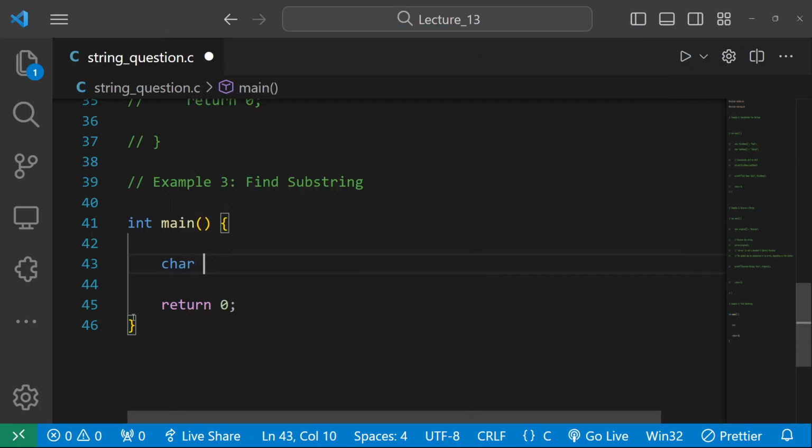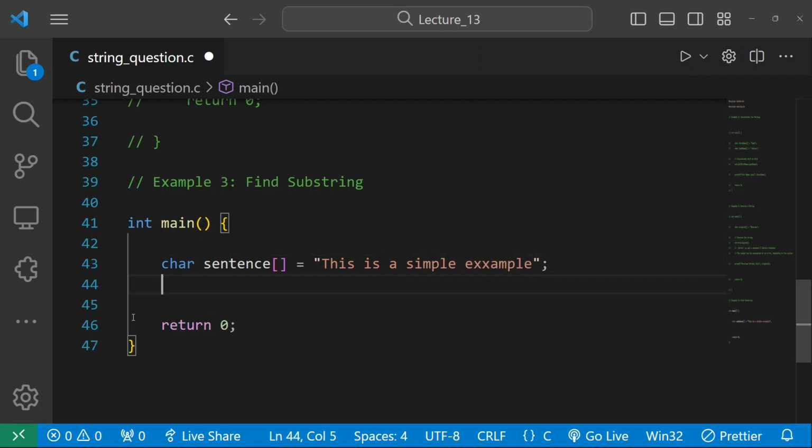So let me take a sentence. I will also name it sentence, it will be good. So I will be writing, what should I write? This is a simple example. Okay, in this way, this is a simple example, and in that I need to